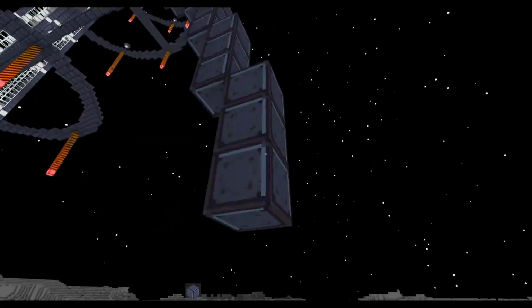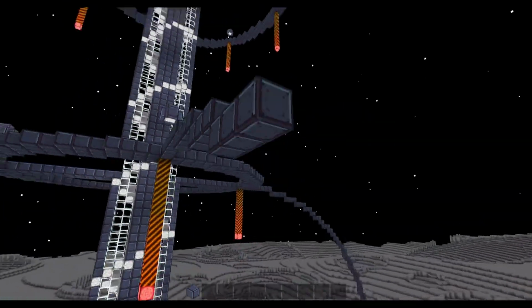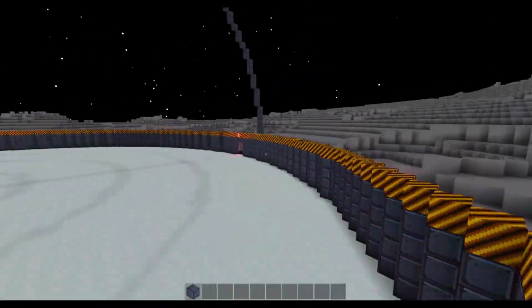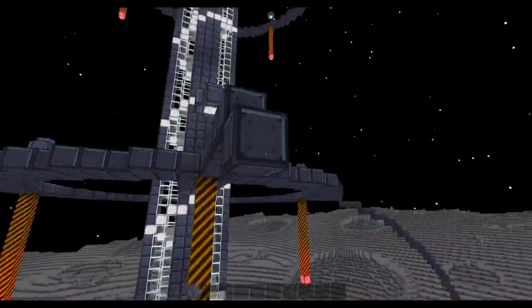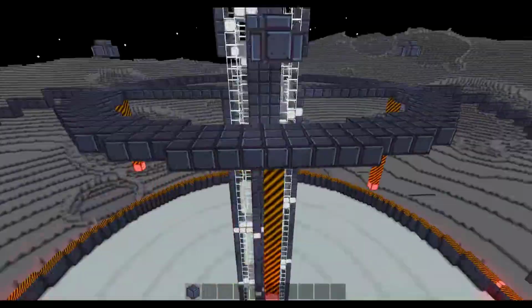I'm starting this episode with a time lapse of me building these spider legs that come out of the bottom ring of the observatory and attach to the iron gate. And the reason I didn't make an actual intro to this episode with me in the game is because